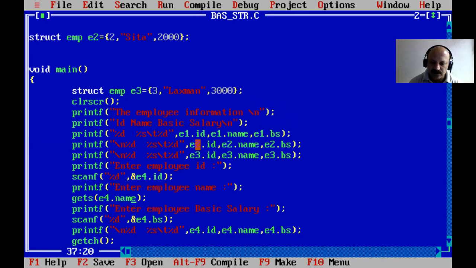So gets is not supported with structure. So yes, let us use scanf, since gets is not working perfectly. Let us check whether scanf works or gives any new error. So here,